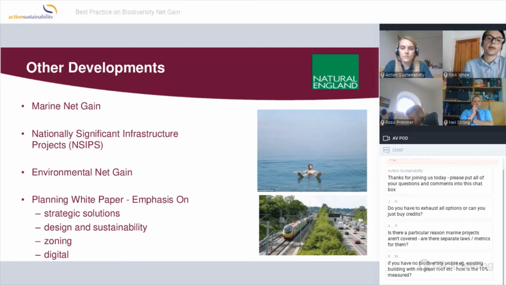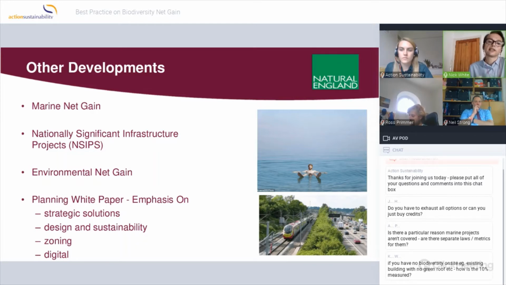A couple of other developments just to quickly reference. All of this has been talked about terrestrially. There's now a growing interest and appetite to take forward marine net gain, so work is beginning now on what net gain for marine might look like, and the development of a marine metric.